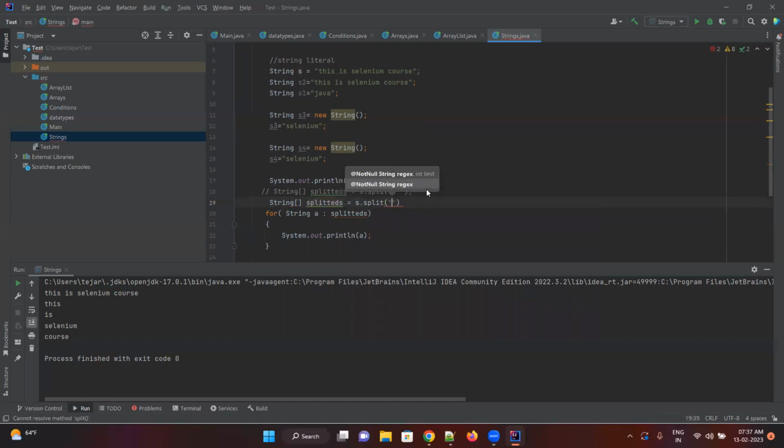If I remove 'is', I want to split on 'is'. What split actually does is, whatever word is given, it takes the left side of the word and the right side of the word. That's what split will do. So what I asked is the split of 'is'. I should get these words and these words, correct? So if I run this now,